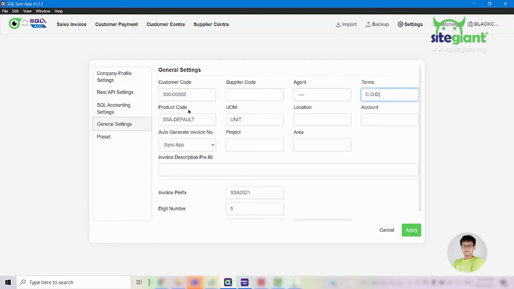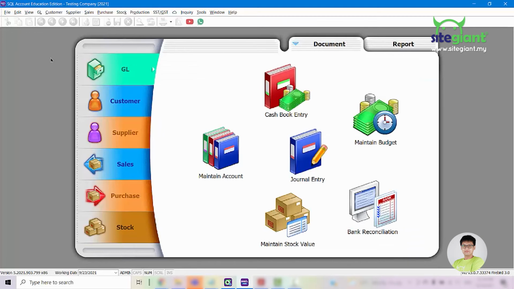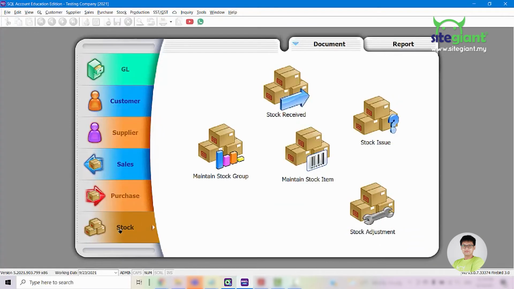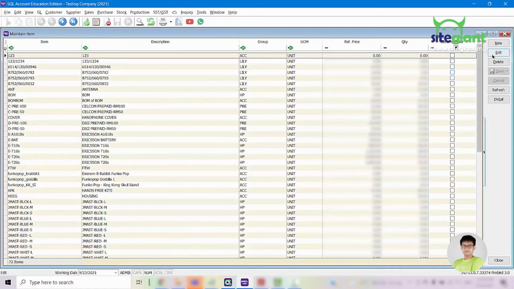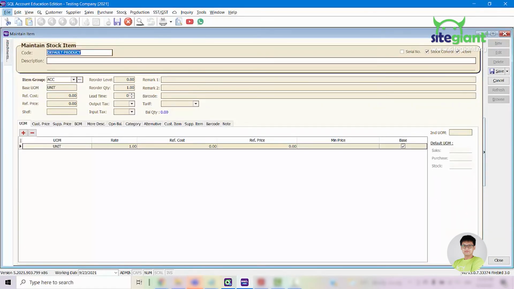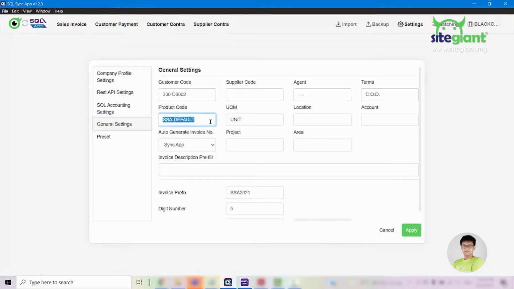Next one will be product code. The product code here stands for the default product code, which means if there are any items that are not matched properly between your Unicart and your SQL Accounting, all those unmatched products will fall under this default product code. To set up the default product code, you can just go into SQL Accounting, click on stock, maintain stock item, you can click on new, enter the code and the description, and then click on save. Once saved, you can copy the product code, go back into your SQL Sync app, put in here,